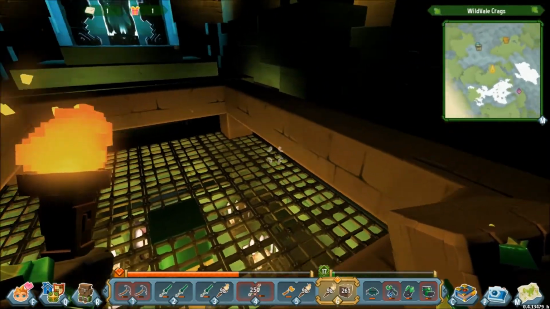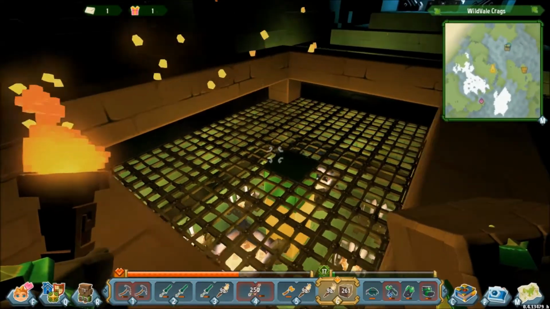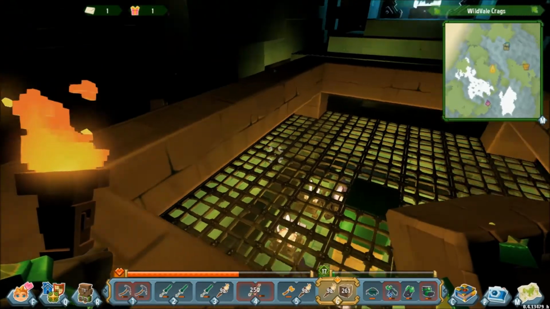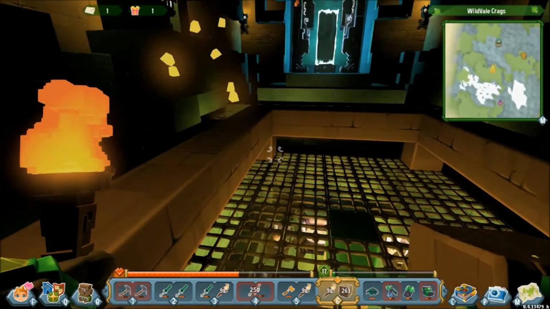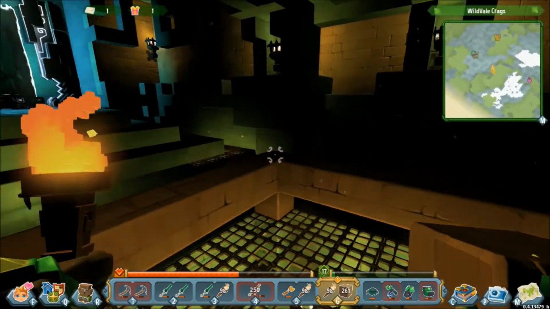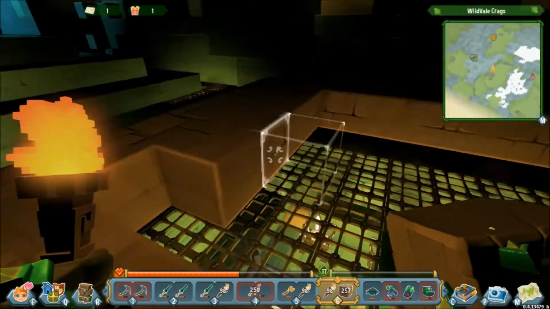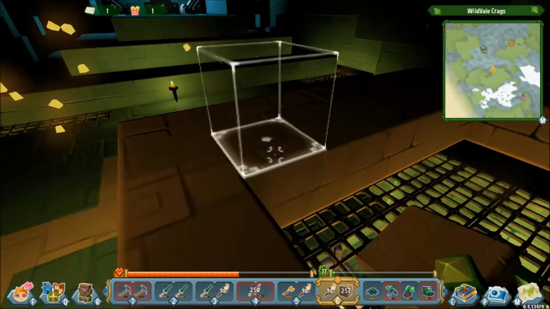So to build the cage, you want to go around the edge of the grating. So there's little corners in the grating, pillar those up and then make a ring around the outside. This will contain the Firewolf, but it will also still be able to shoot you when you dig a path down. So fill these edges out to be